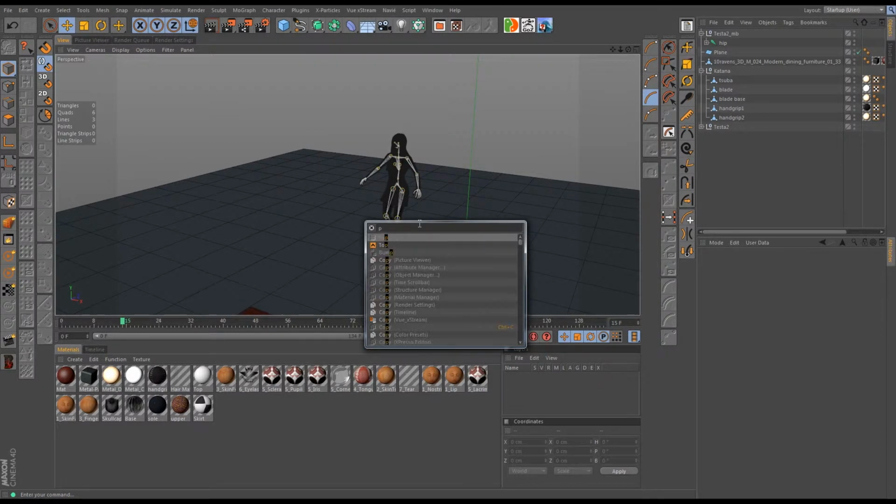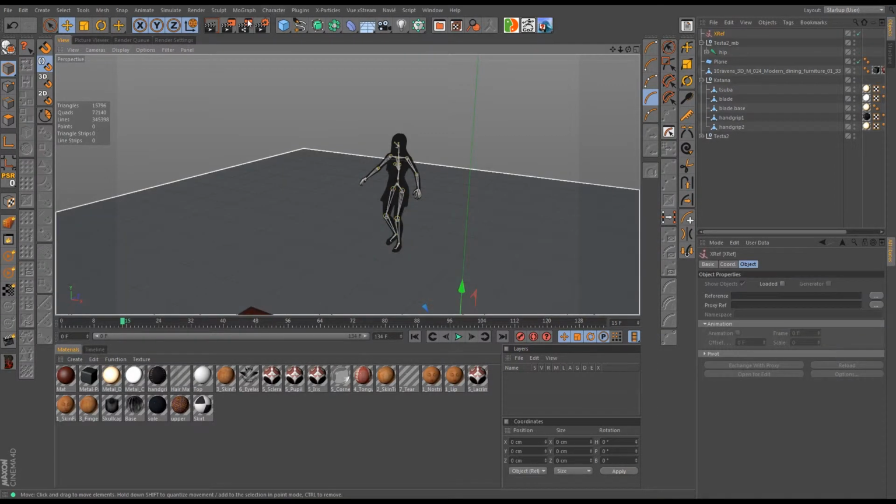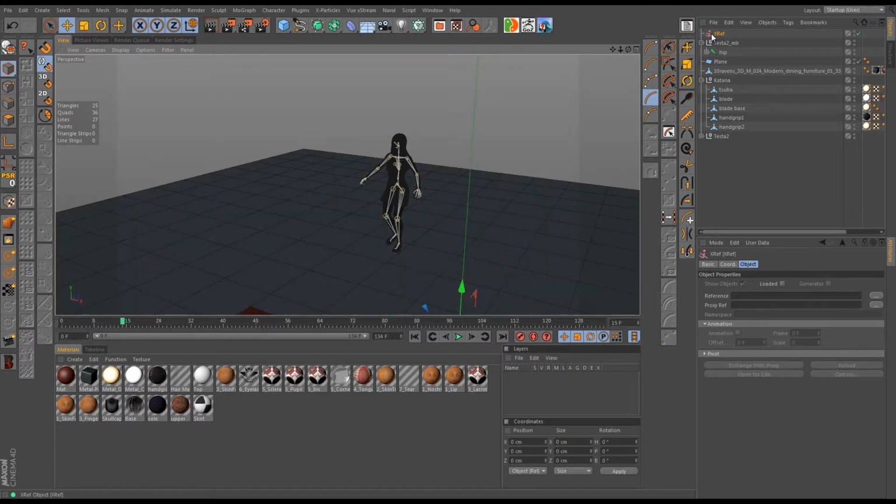I think the push, no, that's a hair tool. I think it's the pull brush. There we go. And you can grab that and you can pull vertices and stuff like that. But we're going to go ahead and grab an Xref, because I can never remember where Xrefs actually are in the menus. So with an Xref, what we can do is we can come over here to our properties and